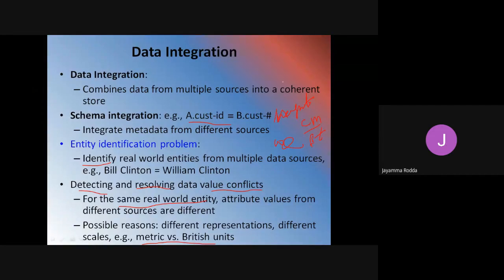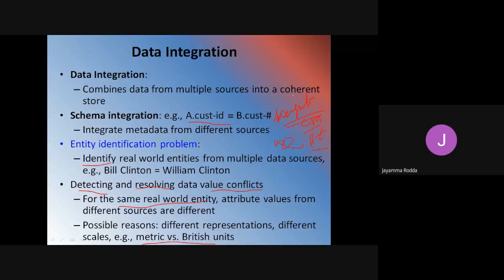The measurement that we use in order to measure the height of a person is in the form of feet. Whereas generally worldwide, the metric that is used in order to calculate the height is centimeters, isn't it? So it differs. When you take height as an attribute, height will be storing the same value, the height of the person, but in different metrics.